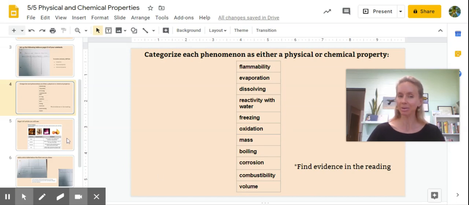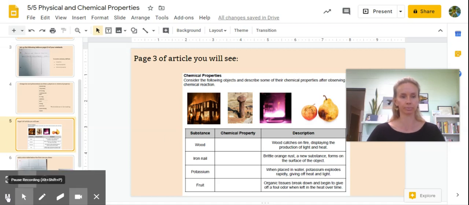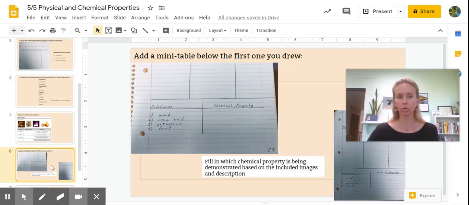And then at the bottom of the page, I'm actually going to have you set up an additional little mini table. So when you get to page 3 of your article, you're going to see this table. And I am going to have you fill it out, but I don't need you to copy down the description. You'll just read through the description of what is occurring to the wood, the iron nail, potassium, and to the fruit, and then you will draw this small version of the table. So beneath the other table,